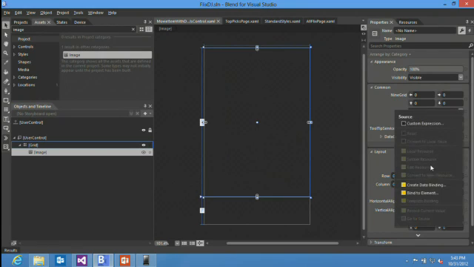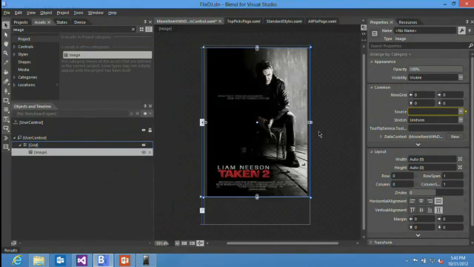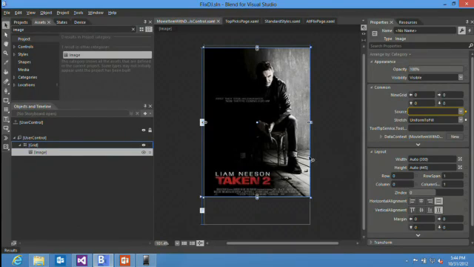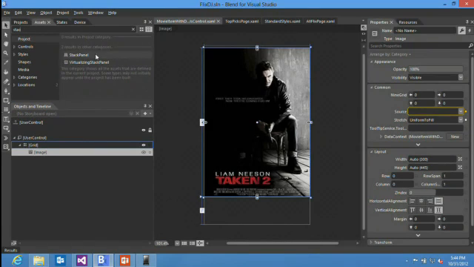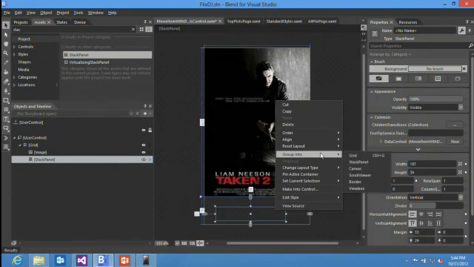So I'll go to source, open up the data binding dialog, and you can see it understands the schema because I put in that design time context. And I can just pick poster detailed, and one will flow through. Now, it has this odd border I want it to fill, so I'll change stretch uniform to fill. Looks better. And then I'll add this area at the bottom to contain the title. So I'll go into Stack Panel, we'll add a Stack Panel, again, resize it. And inside the Stack Panel,